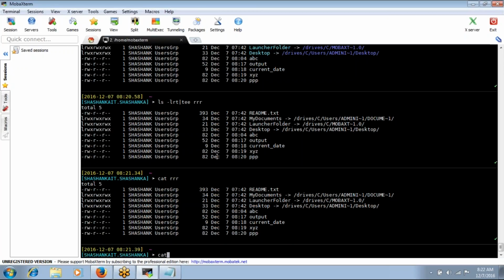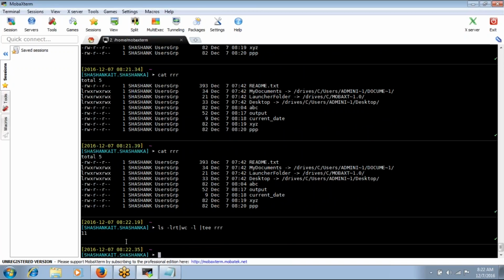Cat triple R, now we have this content. Now I give ls -lrt | wc -l, then tee triple R. So now it has this content. My output is 11. Let's see in cat triple R whether we have the previous content or only this new content.